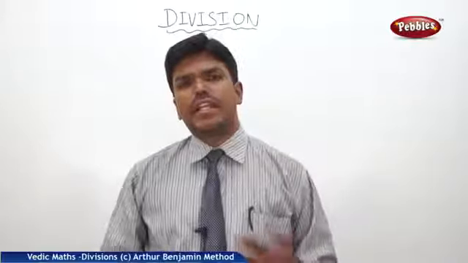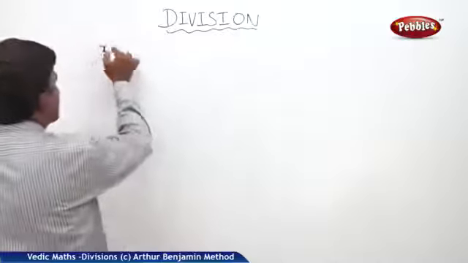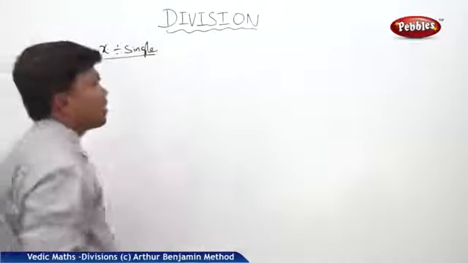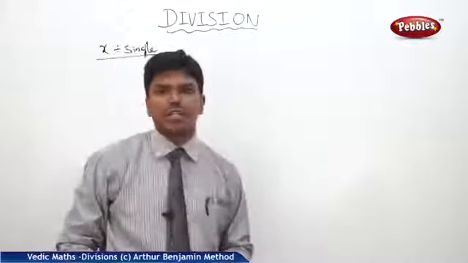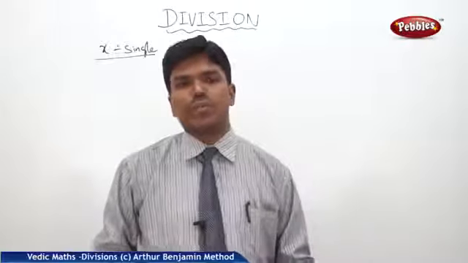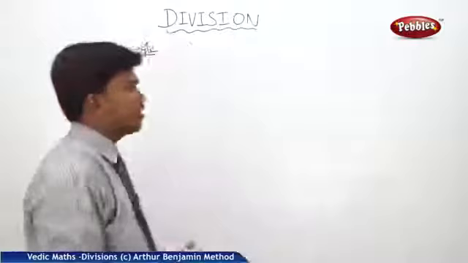Whenever you are dividing any given number x by a single digit, how will you divide? Say from 2 to 9. One thing you can do is follow the normal conventional method only, but in a different manner. How? See here. For example,